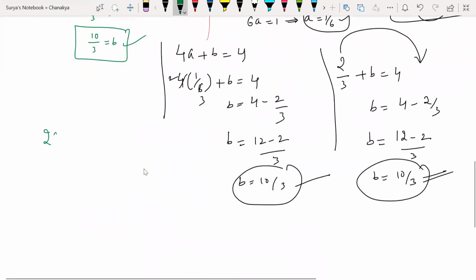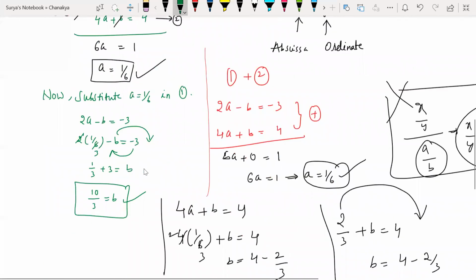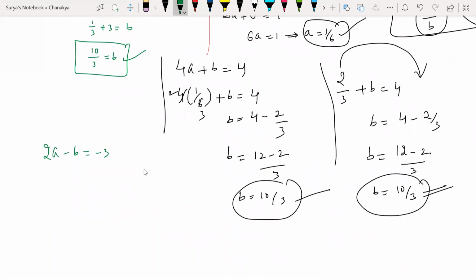See, I have 2a minus b is equal to minus 3. Okay, 2a minus b is equal to minus 3. Now what are you saying here? Sir, we can just change the sides and we can find the value of a, right? See, one second. How will you find one variable if you have two unknown variables here? That is my question. Sir, I was just simplifying the value.